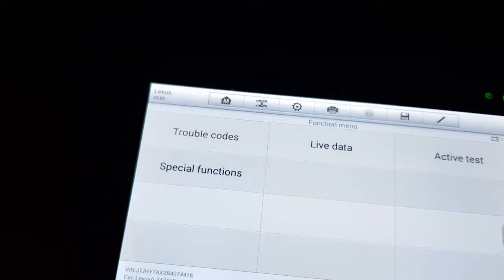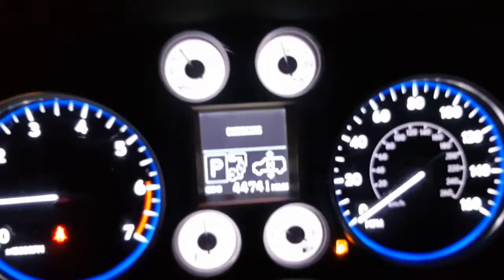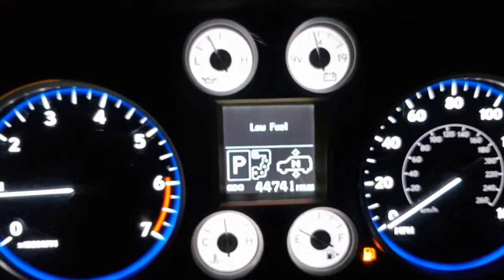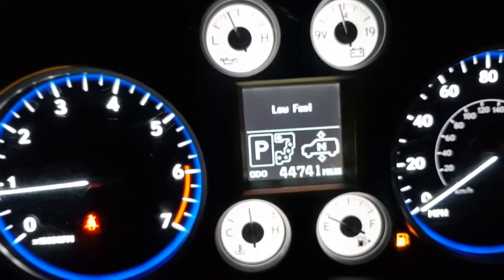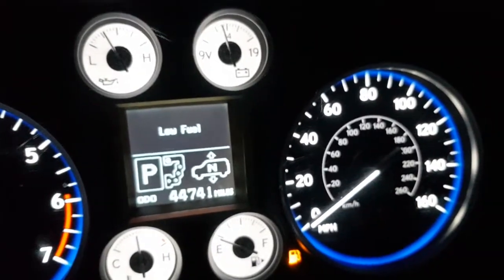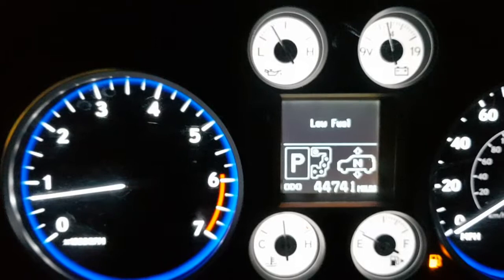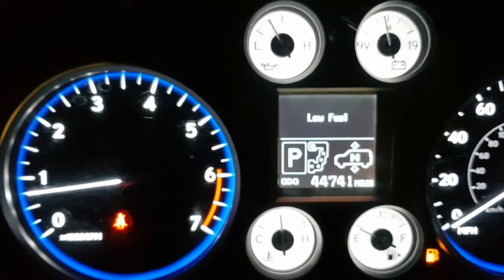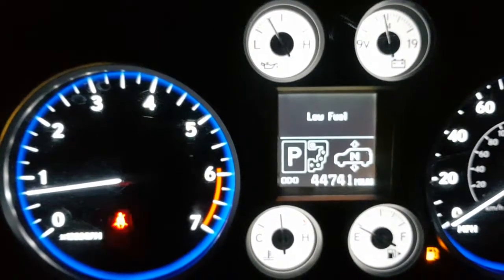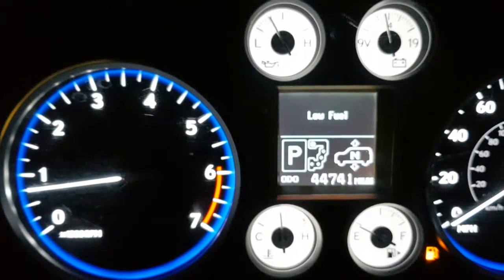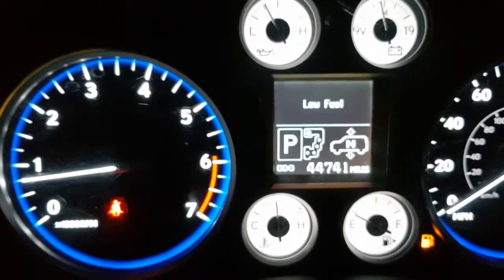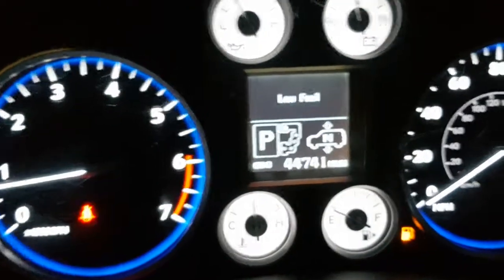Let me start the engine. As you see now, the codes disappeared directly. In my own opinion, they don't have good fuel here, because they leave the car running without fuel, and it is sucking all the dirt from the tank. So I believe that is the problem.